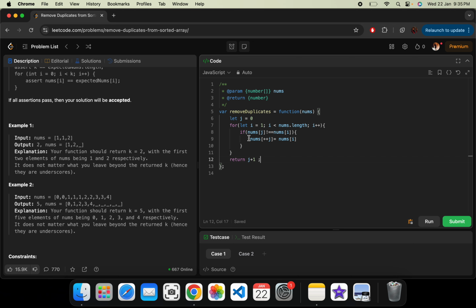What we are doing here is nums at ++j. We are incrementing j first and we are making it equal to nums at i. So this way we'll remove all the duplicates, and once we are out of this for loop, we'll send back